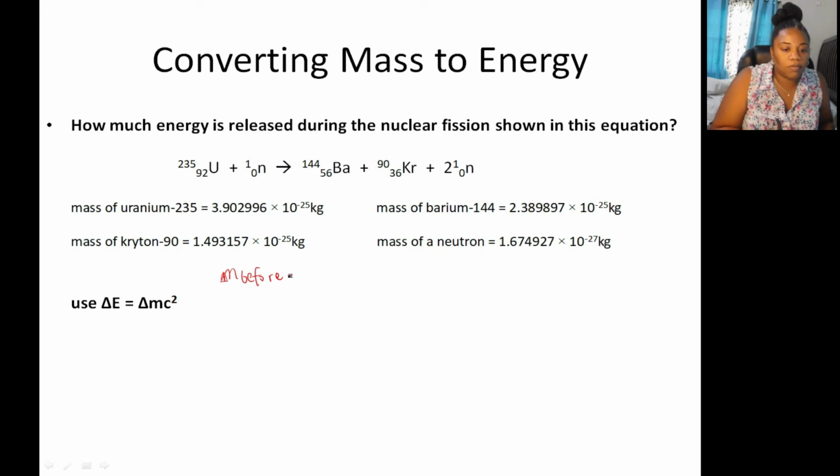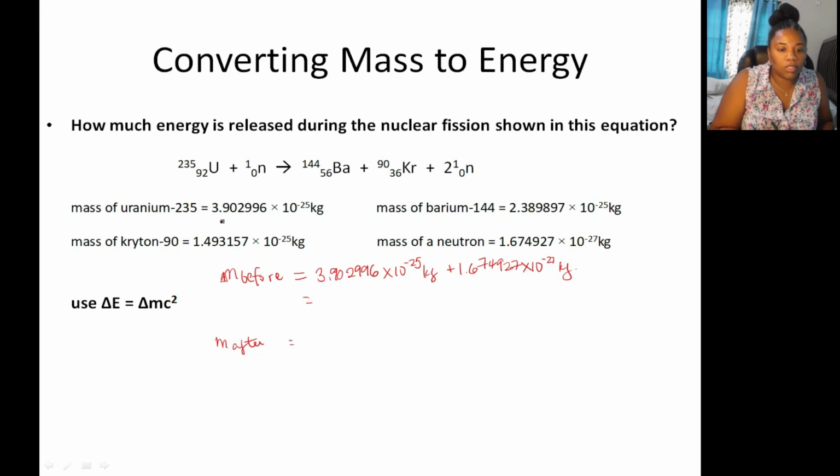Working out before, U-235 would be 3.902996 times 10 to the negative 25 kilograms, plus 1 neutron, 1.674927 times 10 to the negative 27 kilograms. And then the mass after